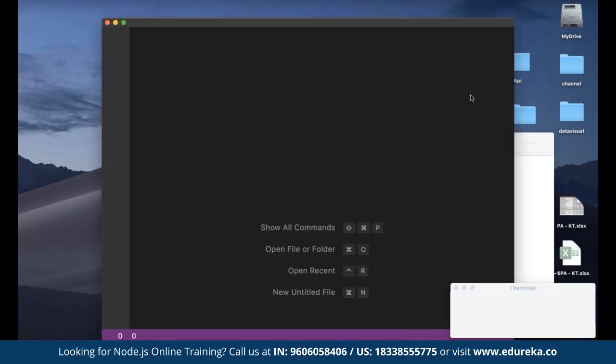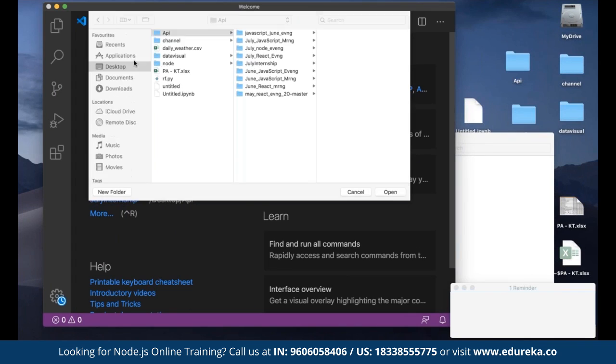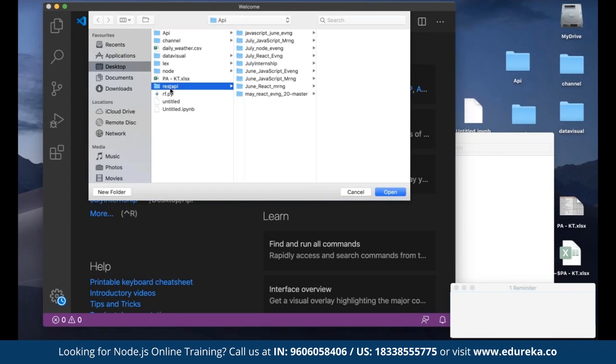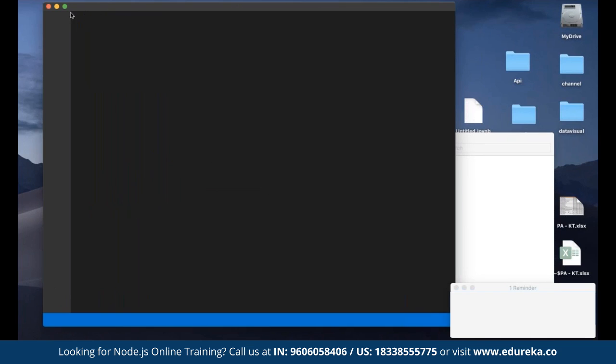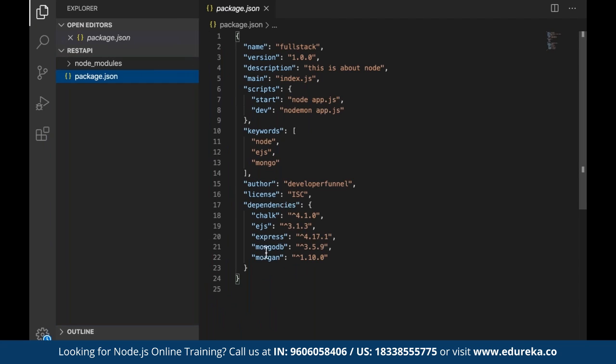I'll open my new window and open this folder called REST APIs. Over this folder, you will see I have one package.json. This package.json contains, guys, what all packages I'm going to use. I'm mainly going to use one package called Express and one package called MongoDB. While creating the API, I'm going to use MongoDB as my package. We'll make one file by the name of app.js, server.js, whatever name you want to give. I'll give the name as app.js.